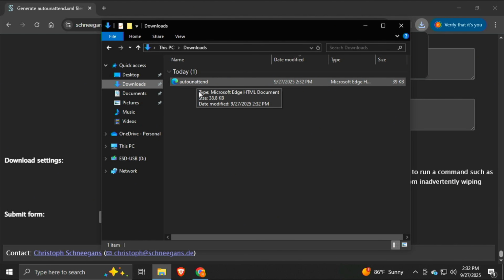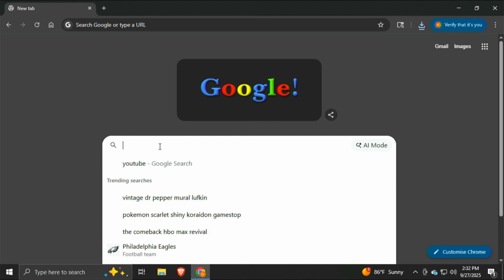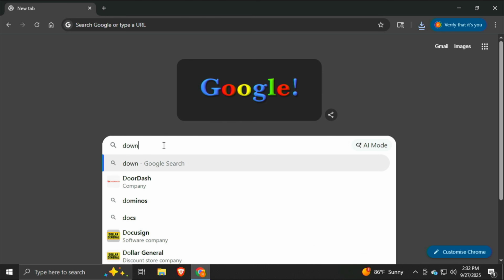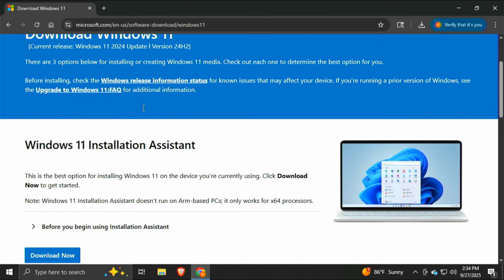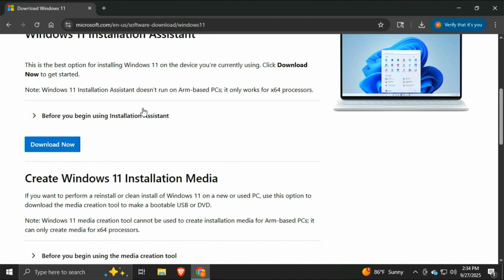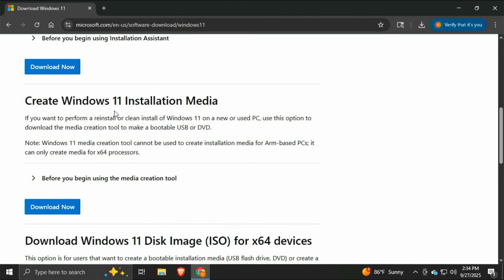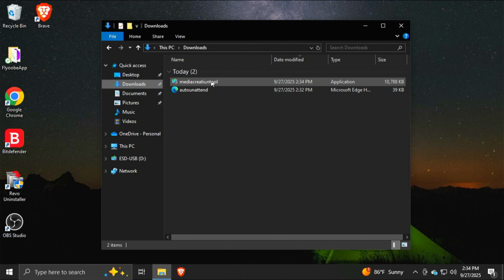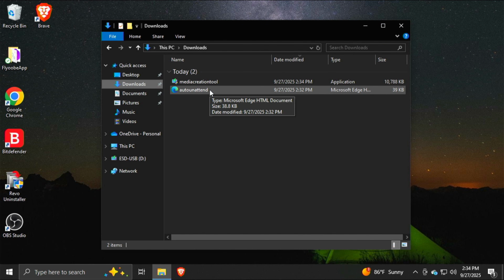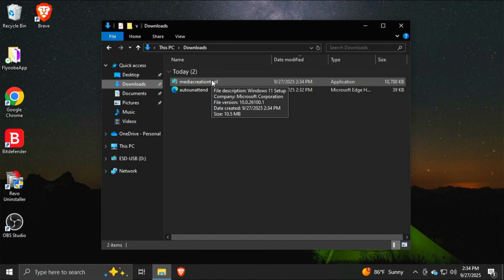So next, we just need to go create our Windows installation media. So we're going to go to download Windows 11. Okay, and from our download Windows 11 screen, we're going to go to create Windows 11 installation media. I'm going to go ahead and click download now. All right, I can close that out. And in our downloads folder, we will have both the media creation tool and the auto-unattend XML file. So I'm going to go ahead and run the media creation tool,